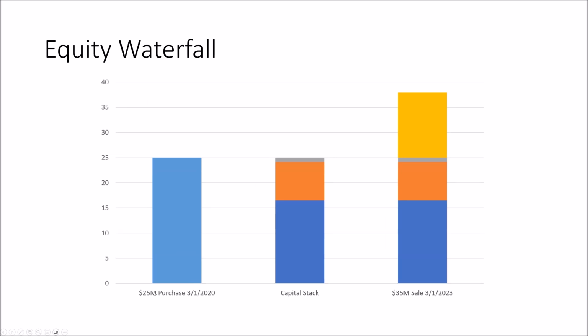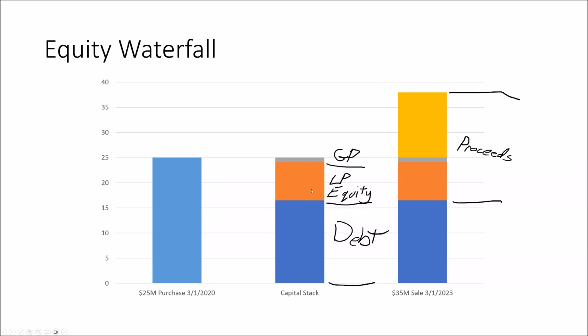This was purchased in 2020 for $25 million. This is what the capital stack looked like. We've got equity up here, debt down here, and then this is what the sale was. So this is kind of the breakdown: the debt at the bottom, LP equity, GP equity. When it sells, all that stuff, even the part that was included in equity, that's proceeds. So that's going back into the pot to be distributed in the waterfall, which in this situation, obviously there's profit